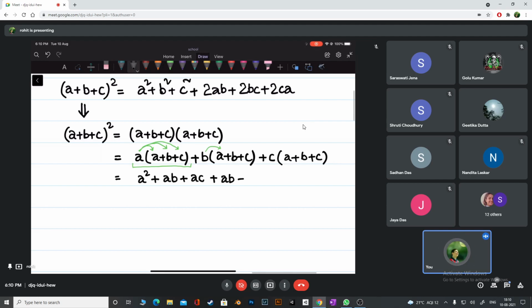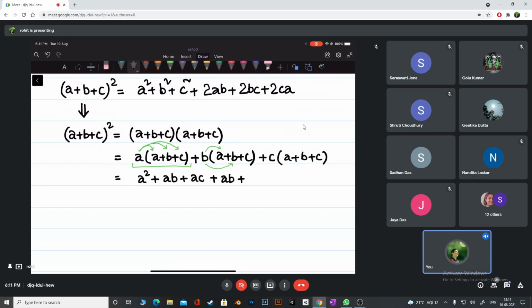Is it done or I have to multiply B and B also? B and B will give you how much? B square. Plus, because everywhere is plus, I have no problem. If there was a minus, then I should write minus. If there were two minus, this also minus, this also minus, then also I will write plus. If this is plus and this is minus, I will write what, guys? Minus. Don't worry, when we come across those problems we will check.